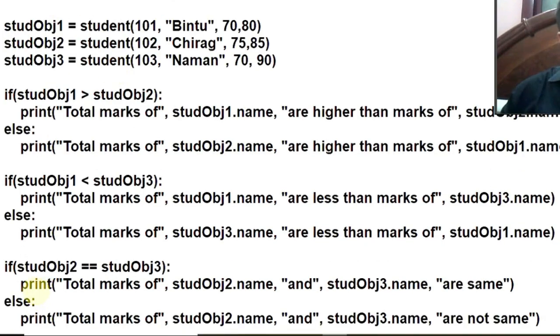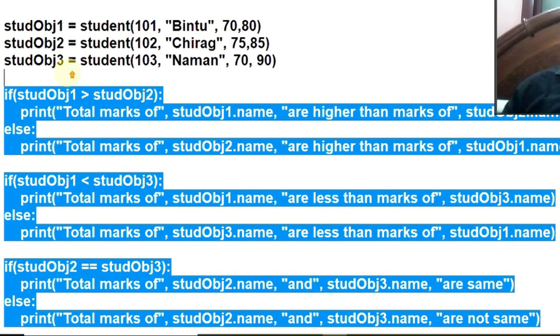Control will come over here. This if block will be executed: total marks of Chirag and Naman are same. Got it? So let us copy it